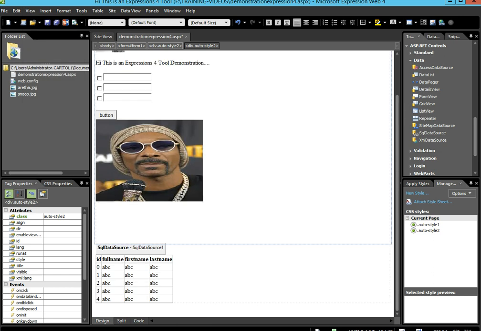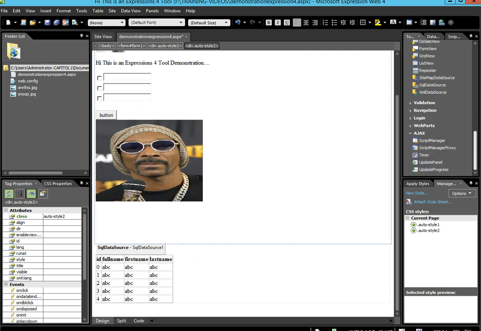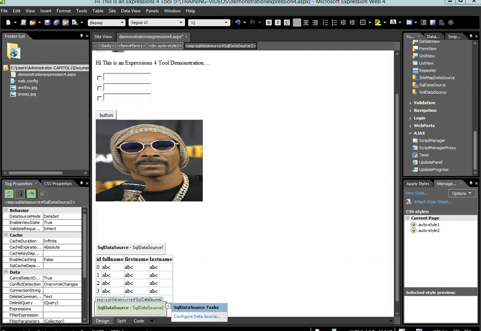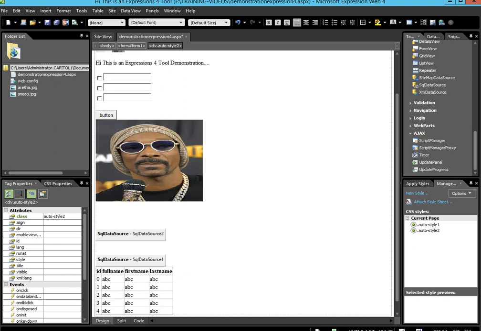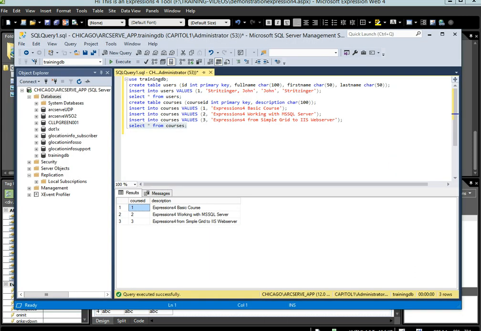But in any event, Microsoft gives you a way to do that very quickly. So I've created this little page. I've attached a button, and I have a data object here at the bottom that I've linked to my SQL Server, and I have one table that's linked to it. Now I'm going to add a second SQL source since the last time I did this. So what I'm doing, I'm just dragging one onto the screen. I now have a second SQL source, and I am going to link that to a table that I'm going to show you here. So I just went in to my training database that I created the last time, and